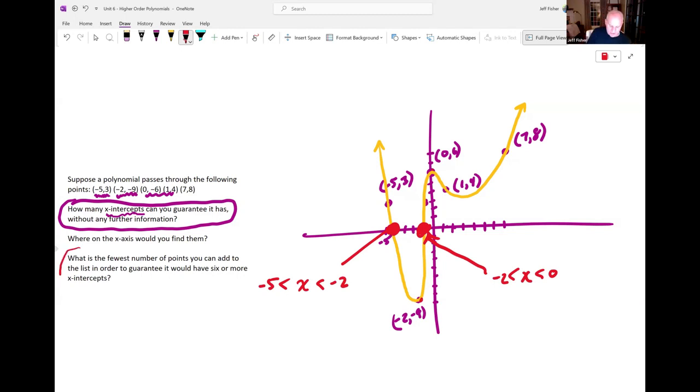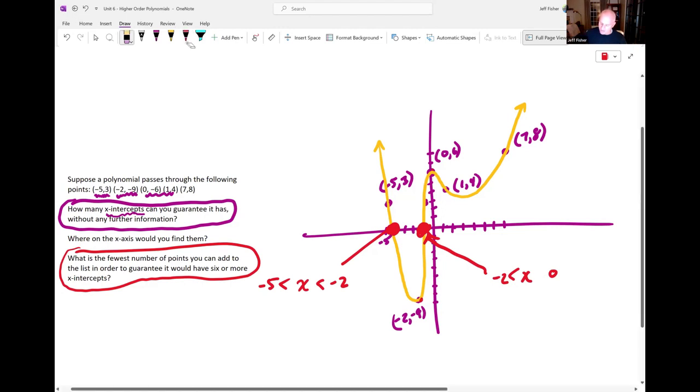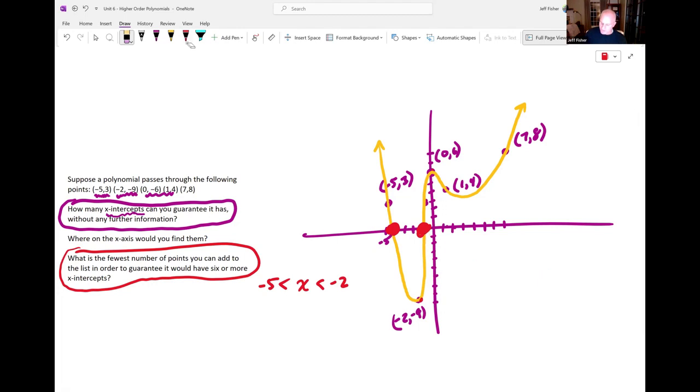And then it says, what is the fewest number of points you can add to the list in order to guarantee it would have 6 or more intercepts? Well, you can see quickly that you could probably create a point. Let me get rid of this right here. If we created a point between 0, 6 and 1, 4, a point here that's down here, then you'll see that our graph would have to come from here